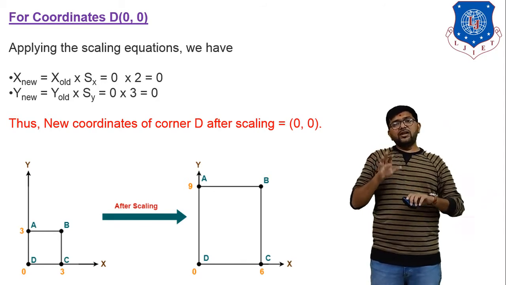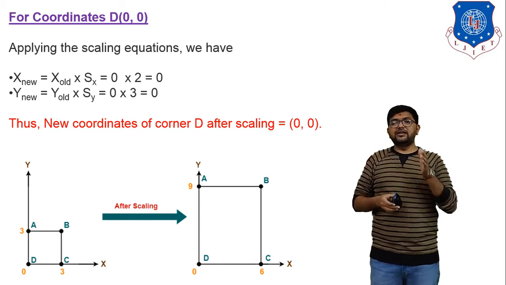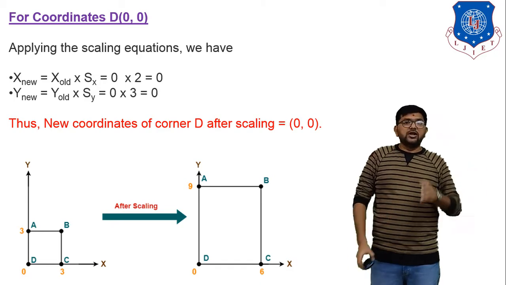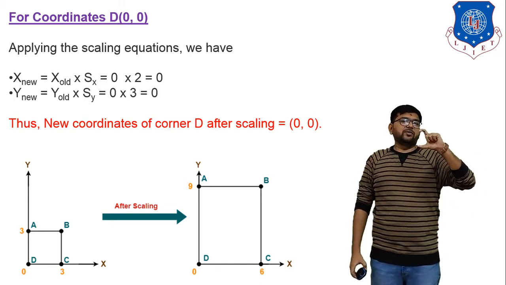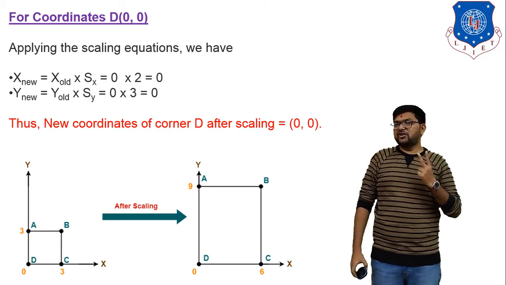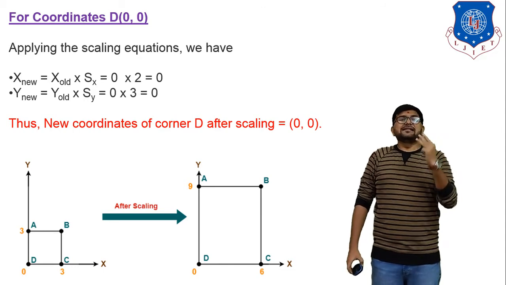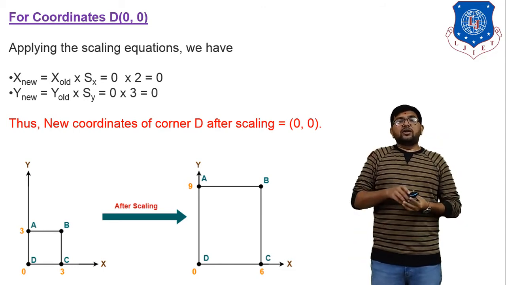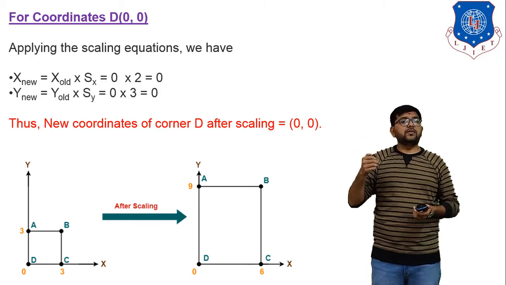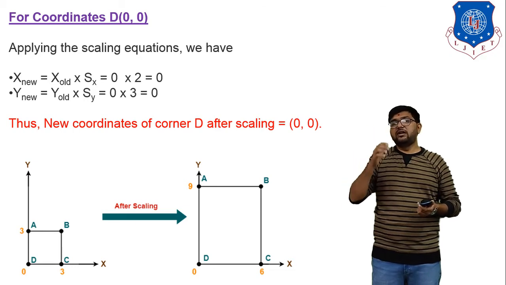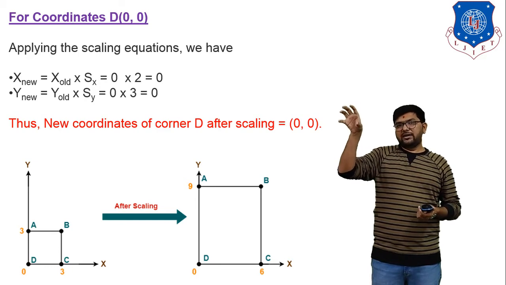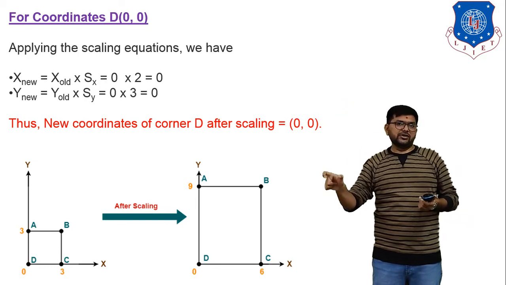So in today's session we discussed scaling geometric transformation and one numerical based on scaling geometric transformation. So now we have completed a total of 3 processes. First one, translation geometric transformation. Second one, rotational geometric transformation, and third one, scaling geometric transformation. Clear? In translation you have to remember all the equations. What is translation geometric transformation? In translation geometric transformation, we move an object from one place to another place. Clear? And we derived the equation for translation geometric transformation.